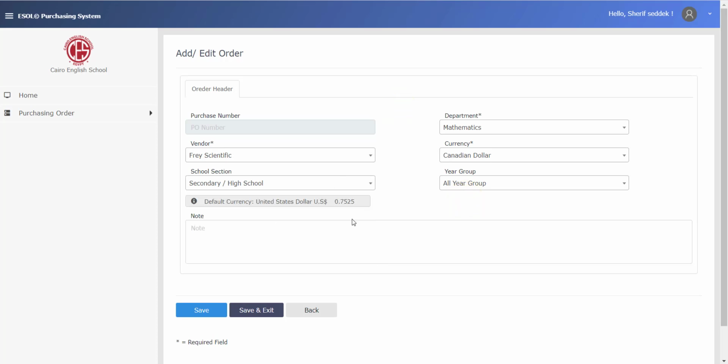Once we have all of that, we can click on Save and Exit, which will prompt us back to the main page to show us that the order has been created or the draft has been created. But if we click on Save, once we click on that, you will see multiple changes happen in the window. First of all, the order gets a purchasing order number, which is generic and automatically generated by the system,